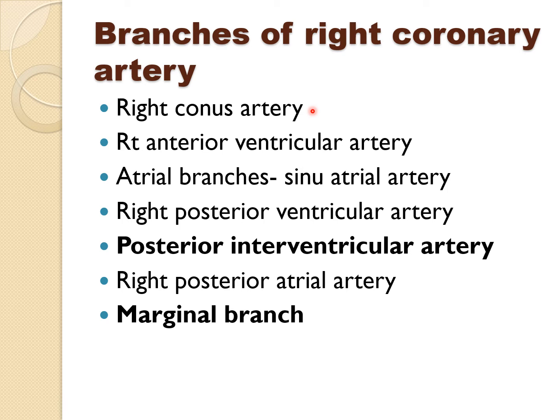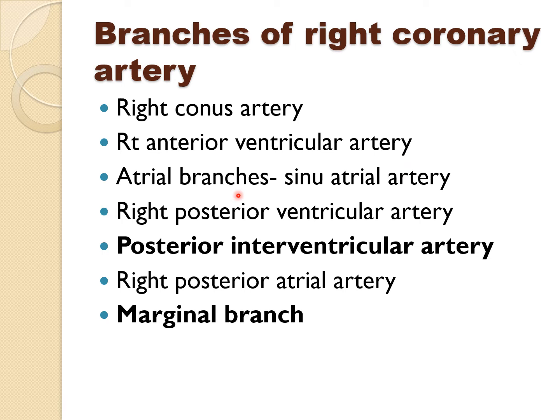Now the second one is the right anterior ventricular artery. So the right anterior ventricular arteries are 3 or 4 in number. They arise at a right angle from the trunk of the coronary artery and supply the sternocostal wall of this right ventricle. The right marginal artery is said to be the longest ventricular ramus. Now the next one is the atrial branch, or the sinoatrial artery.